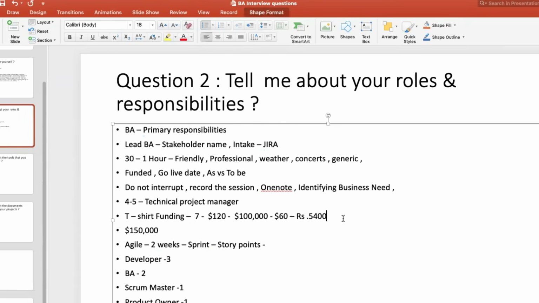The manager will definitely add at least 30% more than whatever it is. So let's say for developers it is $100,000, for BA it is $150,000, and additionally he can add 30% more for extra buffer. And then overall they give that t-shirt size funding to their business owners. Business owners will get this kind of funding request from 4 to 5 different teams. That's why I said when we say a 1 million project, each team itself will be asking for 250 or 300K, and then it will reach $1 million.